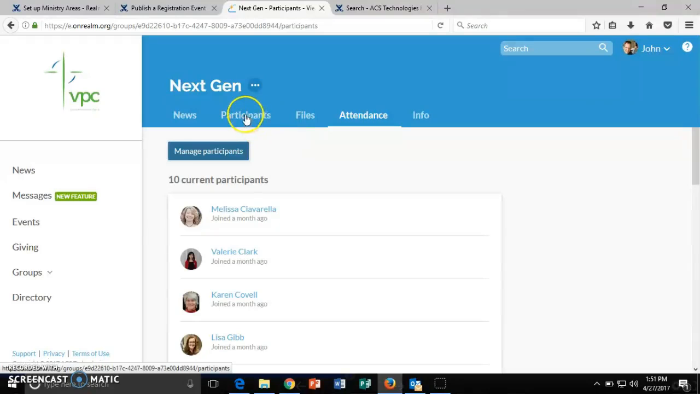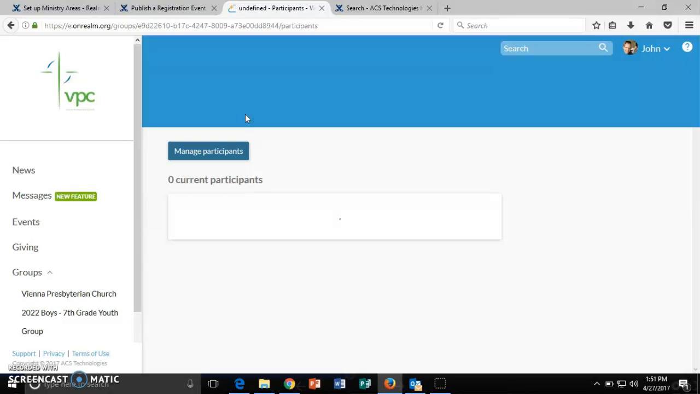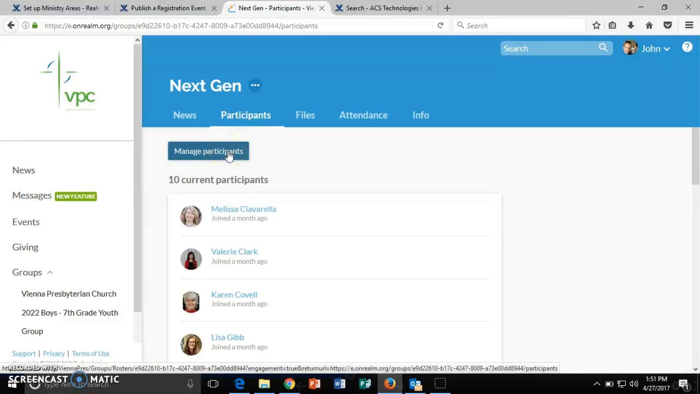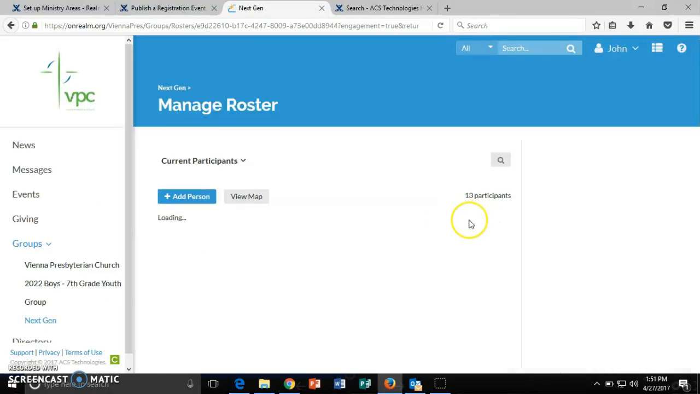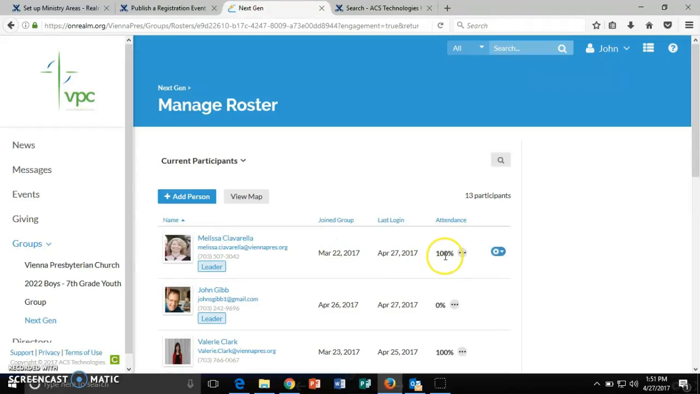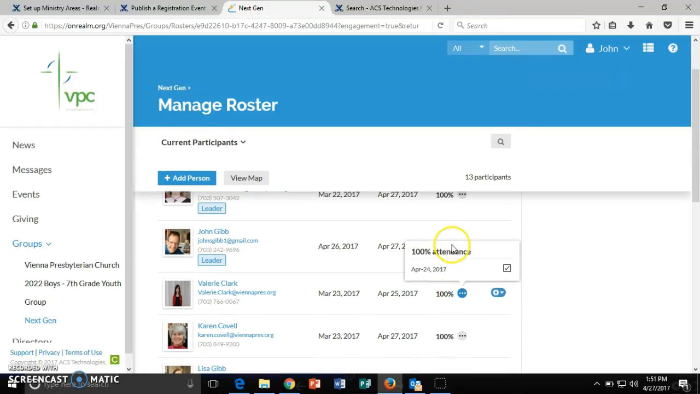Once we've taken attendance, you can see it has an immediate impact on our participants' percentage of involvement. If we go back to participants, we manage our participants, and we look down the list, now their attendance shows, and it will show you what day they were here. And as we get more days, it will show what days they aren't here, which as a small group leader